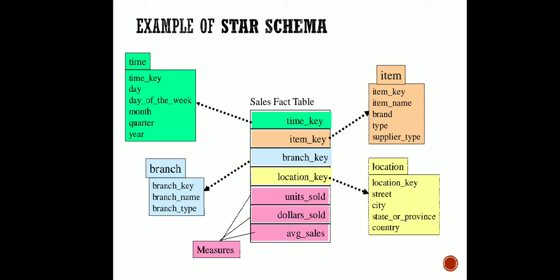What is the need of this? You can see here it will make my accessibility very easy, right? Why? Because ultimately we have to come up with some facts, like how many dollars sold for this month. So if I have to consider this month, I can see how many dollars sold for this month, and we have to consult the time table along with it.